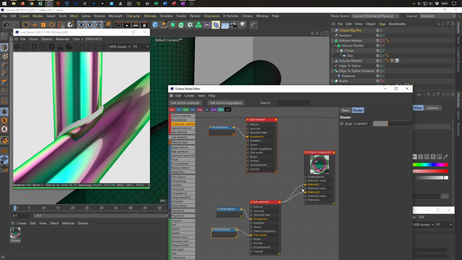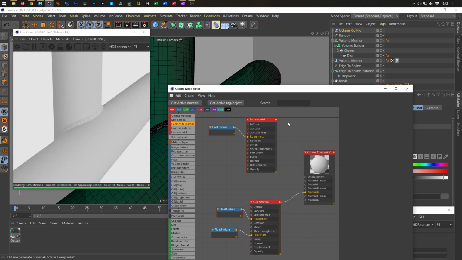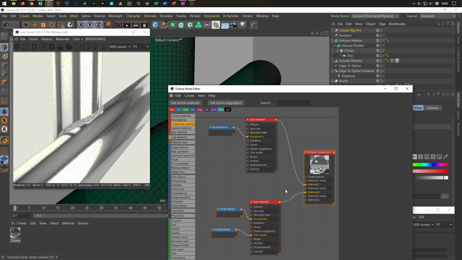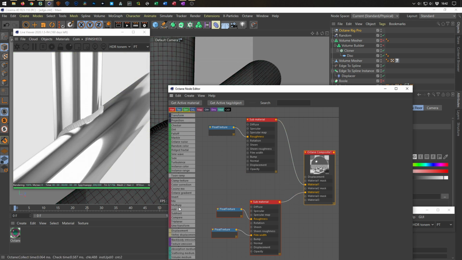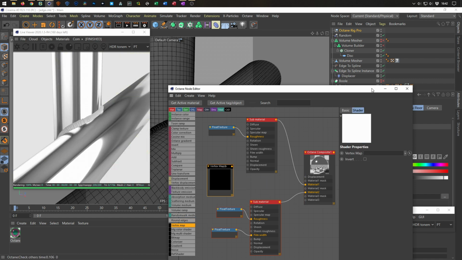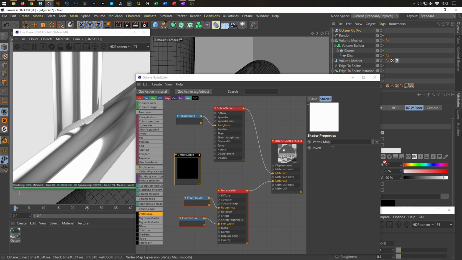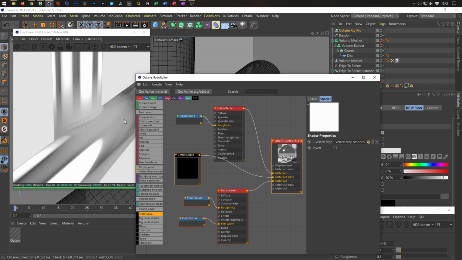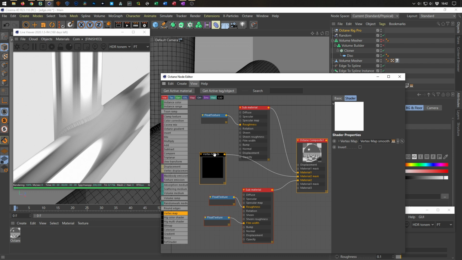Good. So go back here and bring this inside. Save it. And now we need the vertex map. We need the smooth vertex map. You can drag it in here or in here and bring it as a layer mask inside. We see it does something, but not what I expected,